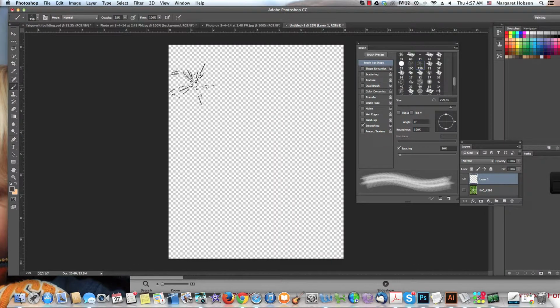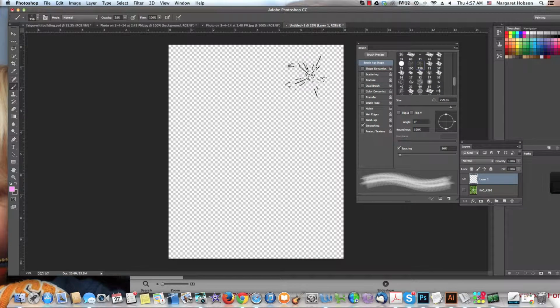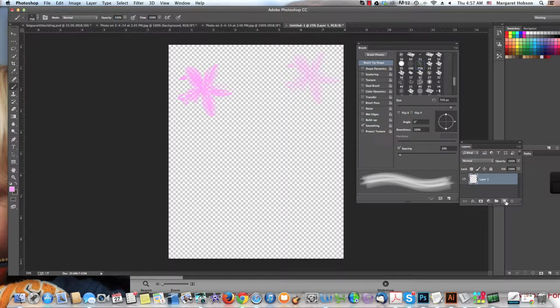So I come on in now and I can choose a color. So maybe I want to say, I'm going to make this pink. My opacity is down to 28%, so let me up my opacity. And what I can see happens is it creates almost a stamp of this image. Now, as you look at this, why does it not look exactly the same? Well, first of all, I don't want it to look the exact same, right? And the other thing is that what Photoshop does when it creates a paintbrush is it takes the image and